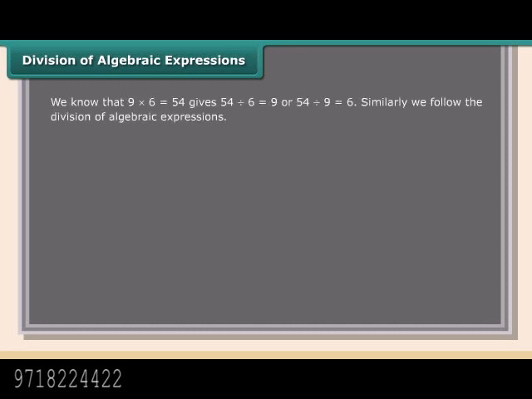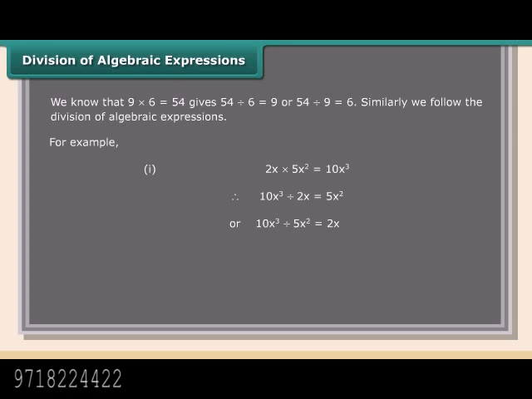Division of algebraic expressions. We know that 9 into 6 is equal to 54, gives 54 divided by 6 as 9, or 54 divided by 9 as 6. Similarly, we follow the division of algebraic expressions. For example, 2x into 5x squared is equal to 10x cubed. Therefore, 10x cubed divided by 2x is equal to 5x squared, or 10x cubed divided by 5x squared is equal